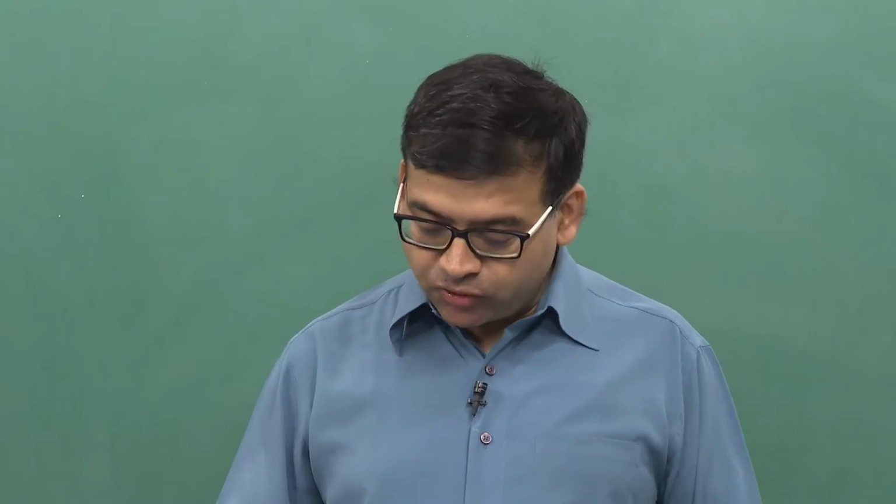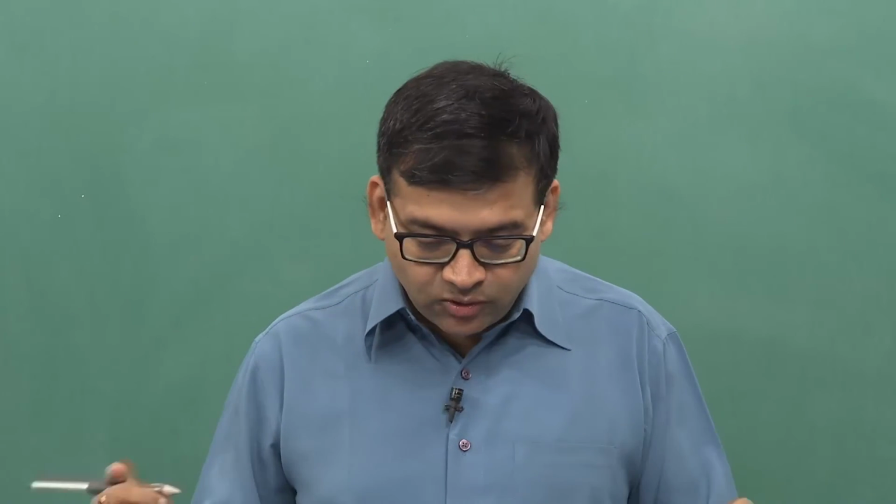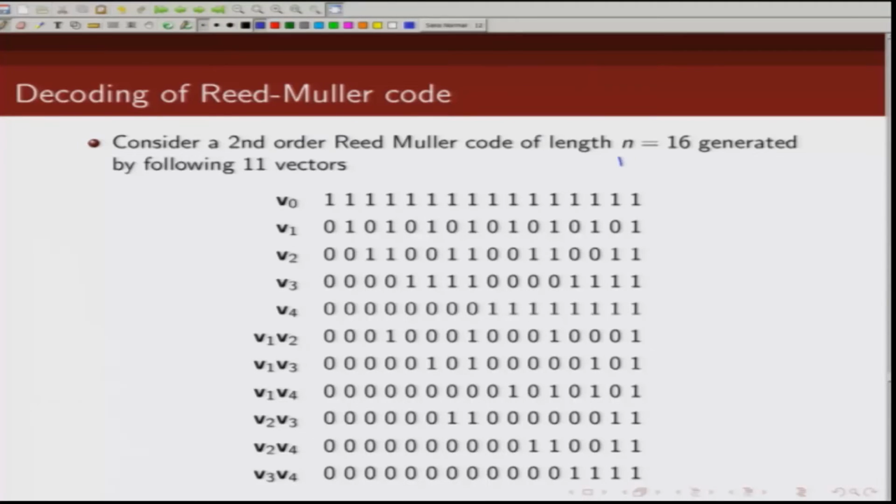Similarly, the m minus 2 order Reed-Muller code is our extended Hamming code which we just talked about in the last lecture. So, let us discuss how we can decode Reed-Muller code. We will illustrate the decoding of Reed-Muller code through an example, and we are going to use what we call majority logic decoding. So, let us consider the Reed-Muller code with parameters m equal to 4 and r equal